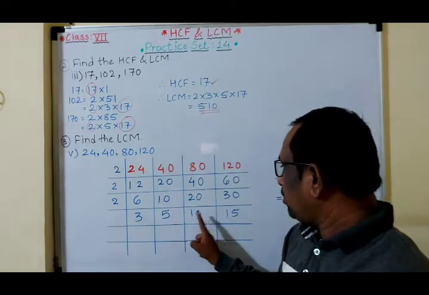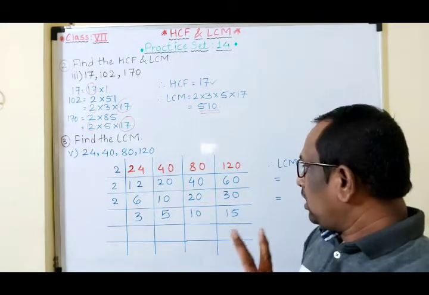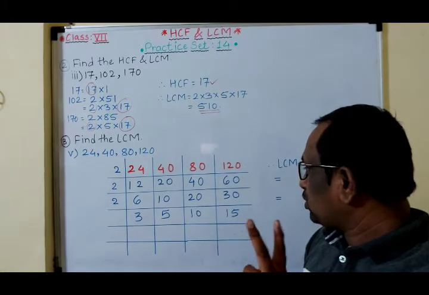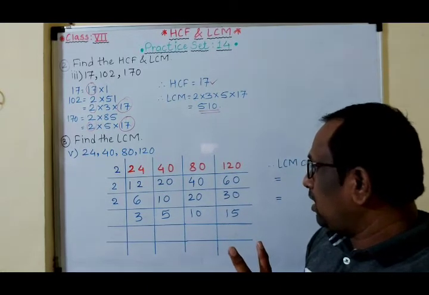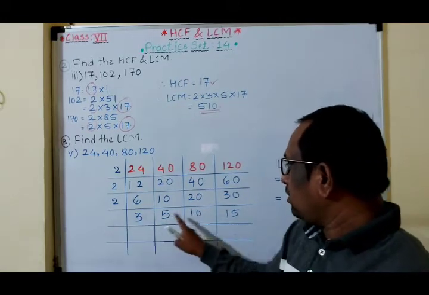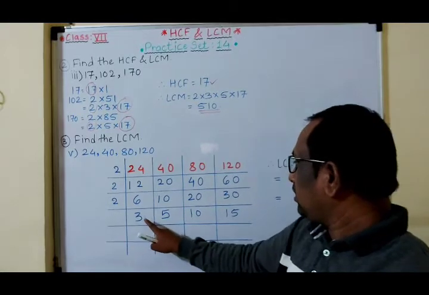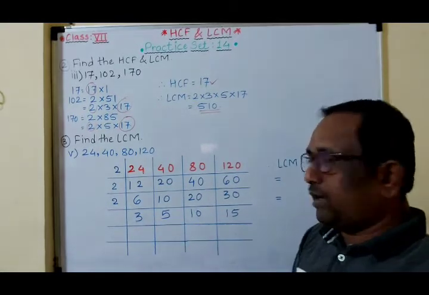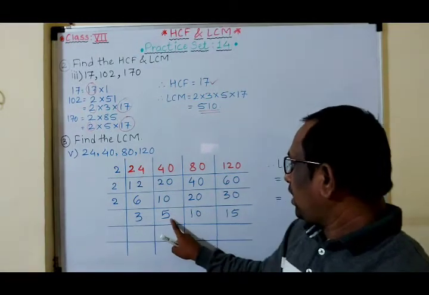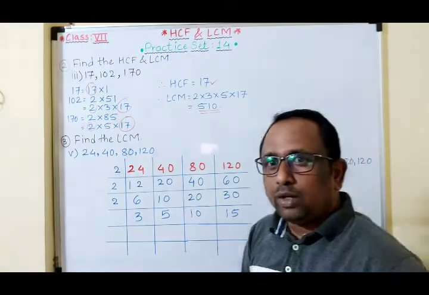3, 5, 10, 15. Here there are 4 numbers in total. I told you that we have to choose a number that divides at least 2 of them. Here, if we take 2, then only 10 is divisible by 2. If we take 3, then 3 and 15. If we take 5, then 5, 10 and 15 are divisible. So the better way is to take 5.